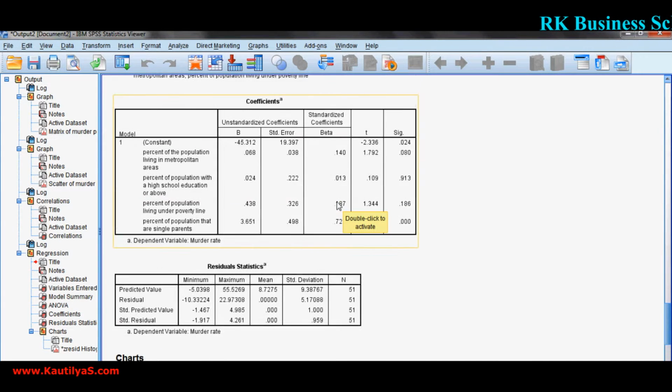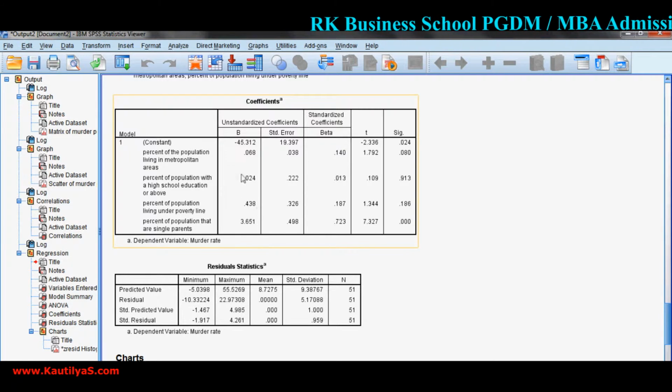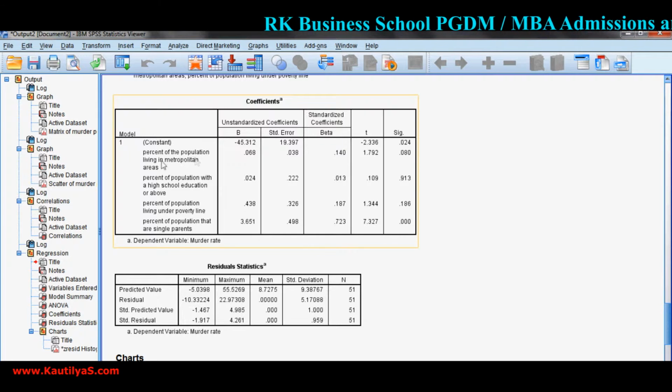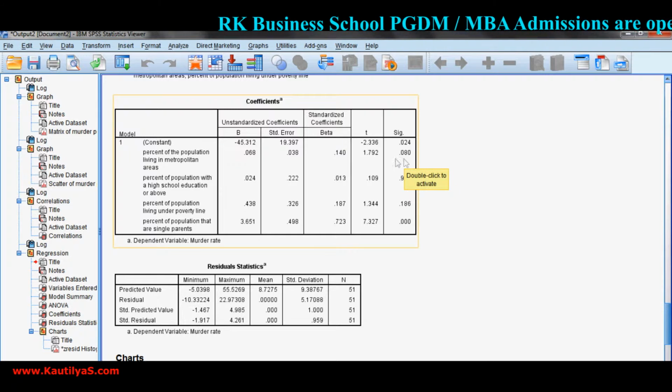Among all the variables, percent of population that are single parents is the only one significantly associated, and here you can see the significance value 0.000. It needs to be less than 0.05. This is one factor which is associated with the murder rate. And second is percentage of population living in metro areas. This is near to 0.05.